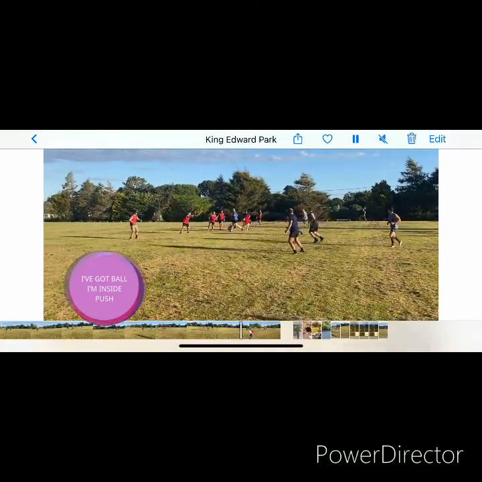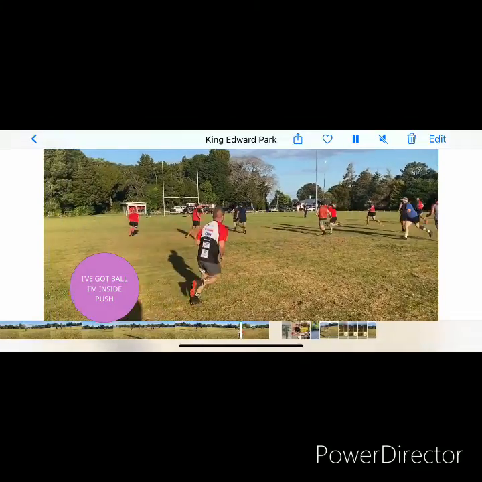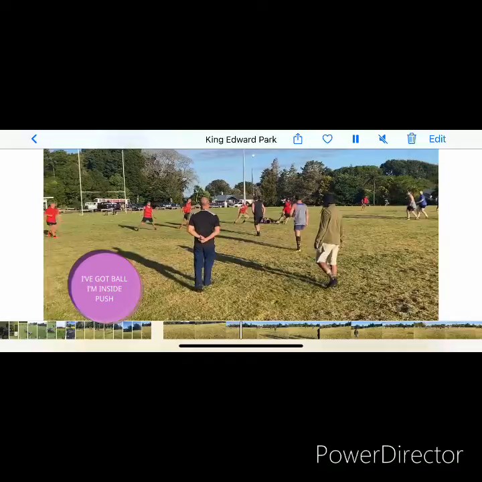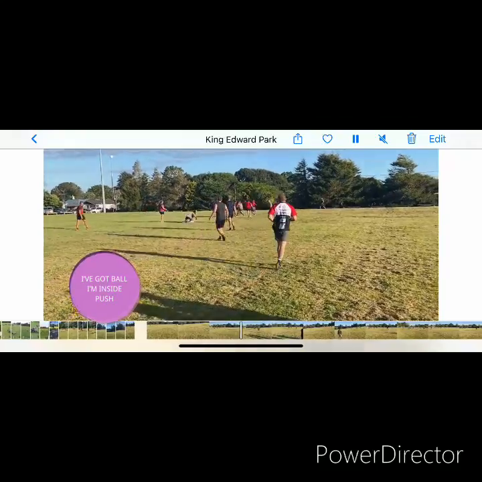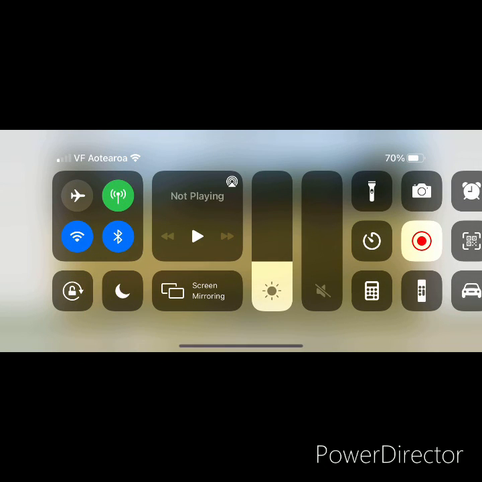Another example here, if we keep the person inside Cluffy, communicating I've got ball means Cluffy could then go, I'm on the wrong person, and then adjust. This one's a bit harder to see, but we drift off the ball carrier on this phase here. Someone drifts off the ball carrier, and the inside defender is in a position to get the ball carrier. So the communication